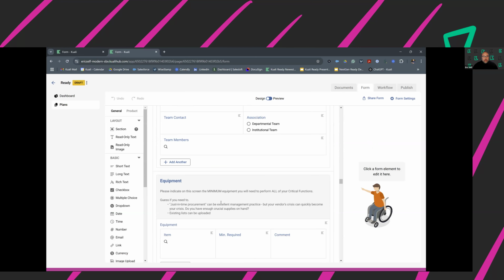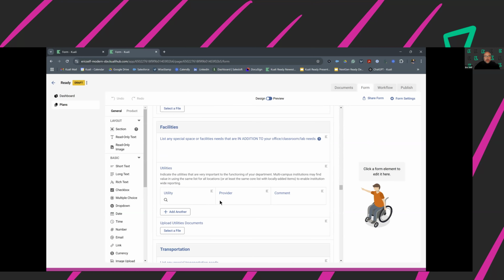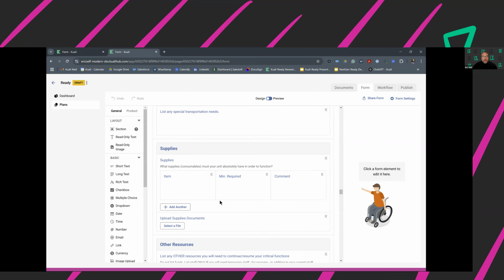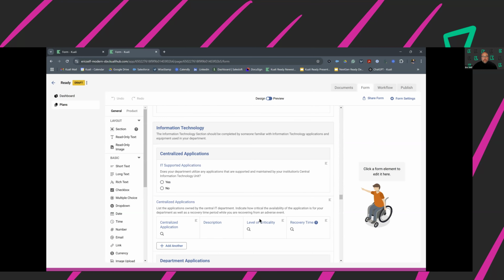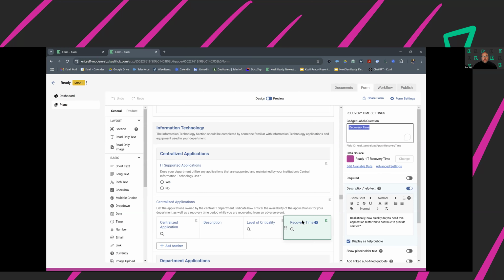Basically what's happening is, and you can do this for any section, but you see here, this is where that is. So if I was to click into this recovery time, you can see that on the right-hand side is basically how that gadget works, right?